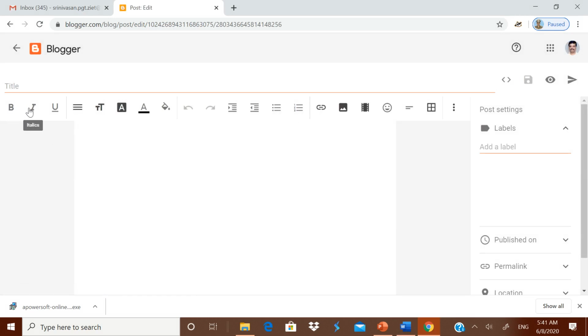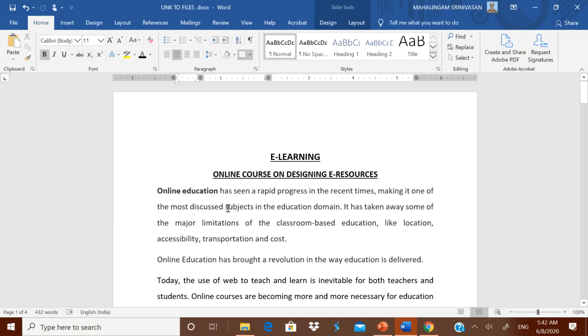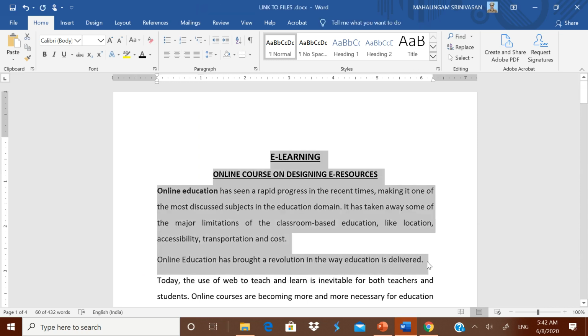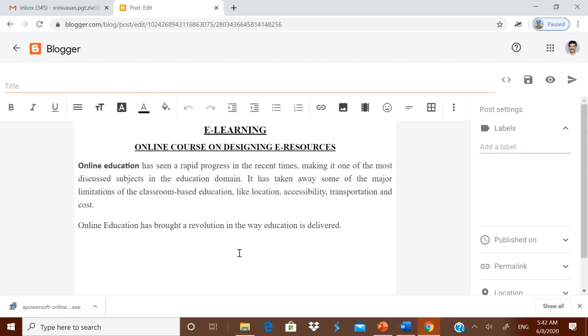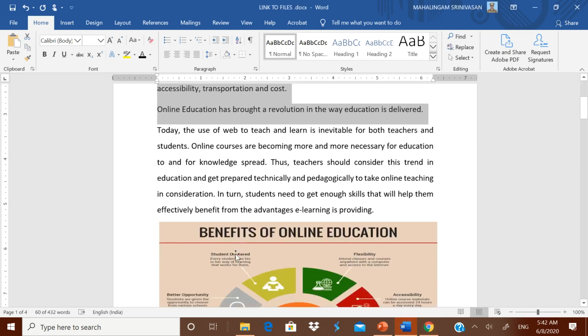For that bold is there, underline is there. Then you can have a link and you can insert an image and you can insert a video and so on. Okay. Now I will do it very quickly. Now I will paste up to this. I will not waste much time. Let me paste it. You play around then to see how it can be done. I have done it. Okay, now I want to give some introduction.